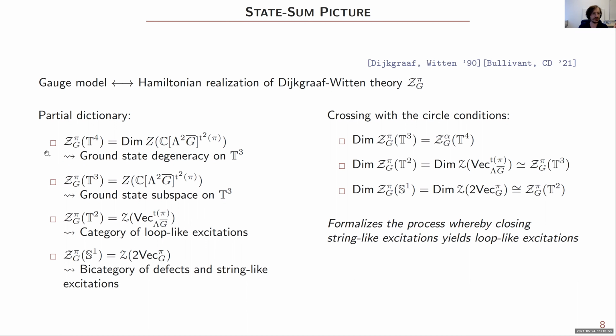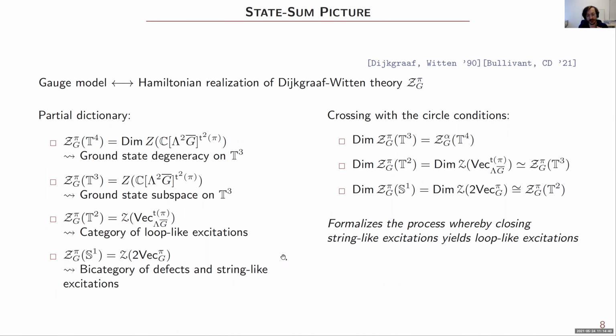Now, the upper layers can be obtained in a way analogous to the two-dimensional case, especially with the notation I'm using. You can intuit what's going to be the quantum invariant associated to the 3-torus and 4-torus, so that's easy. The novelty is the last item, the quantum invariant associated to the circle. We know it's going to have to be some higher category. The previous story I sketched should motivate the fact that this higher category assigned to the circle is precisely this bicategory that encodes string-like excitations, though of course it can be made more precise.